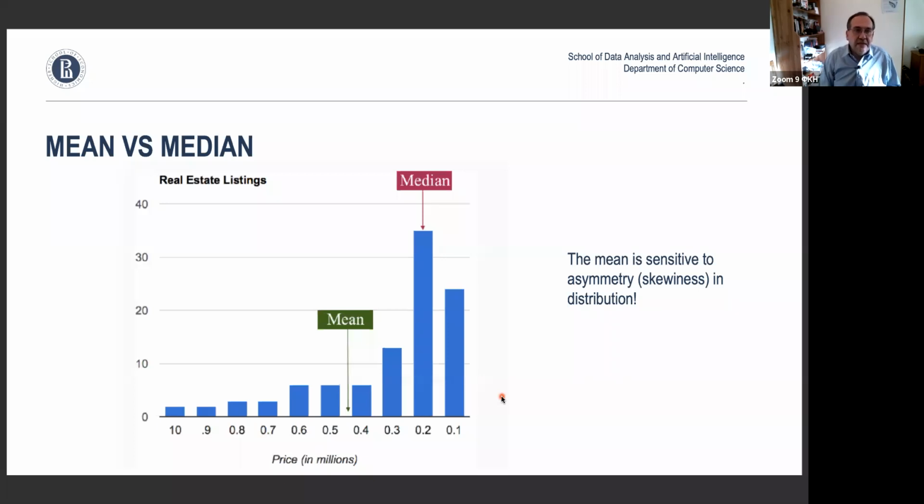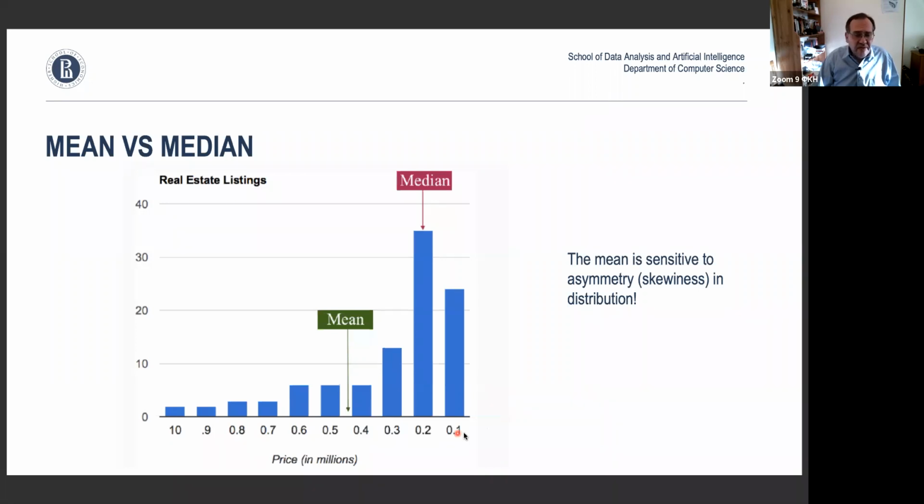Now, why then, very often in formulas, will you see people using mean? Most of the time, it's just because mean is much easier to compute, right? Adding up numbers and dividing by how many there are, it's a no brainer. Median, you actually have to order them, rank them, and then find the center. If you think about computational effort, adding all the numbers is n operations, and first ordering them and then taking the center is n log n. So it's more operations, more computationally intensive. Plus, you cannot put median in the formulas easily, right?